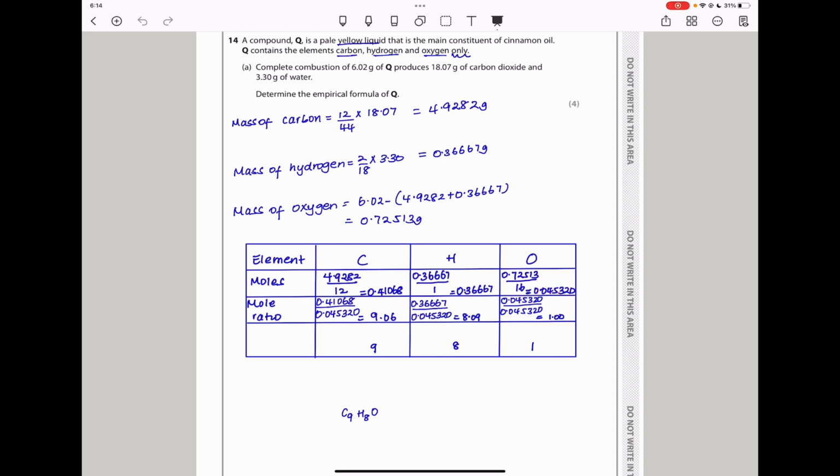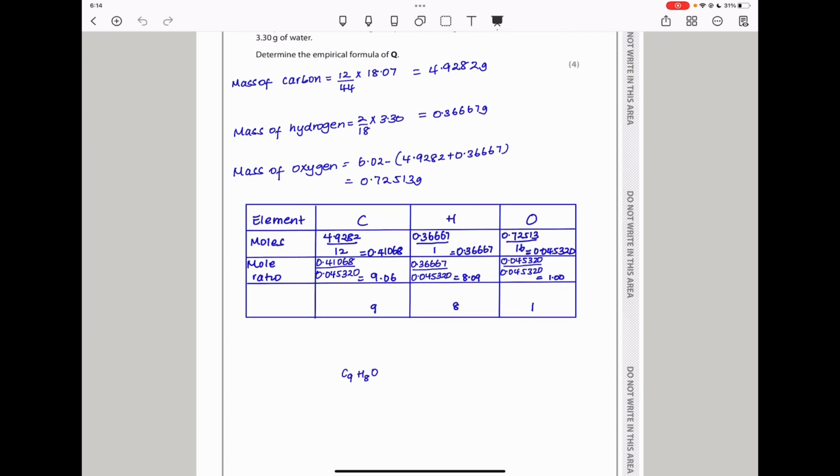Then, after finding the number of moles, I had to find the mole ratio. We find the mole ratio by dividing through by the smallest number of moles. If you look at that, that is the smallest number of moles. So divide everything by that, which for this case gave me 9.06. Here I got 8.09. And there I got 1.00. And rounding it off, I got 9 to 8 to 1, meaning the empirical formula has to be carbon